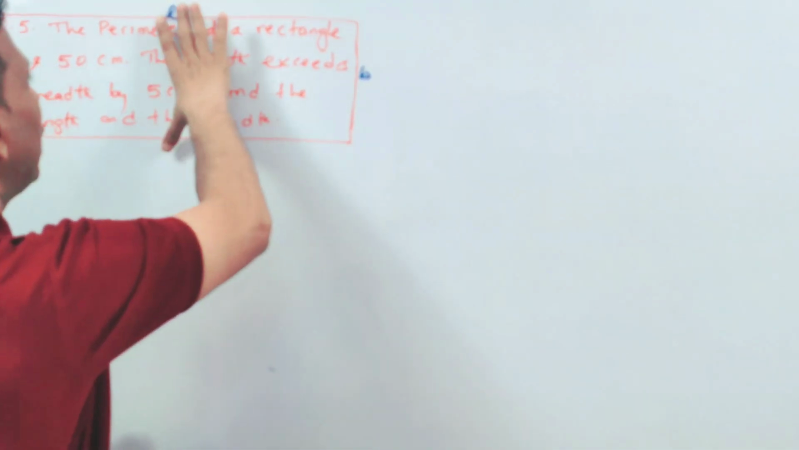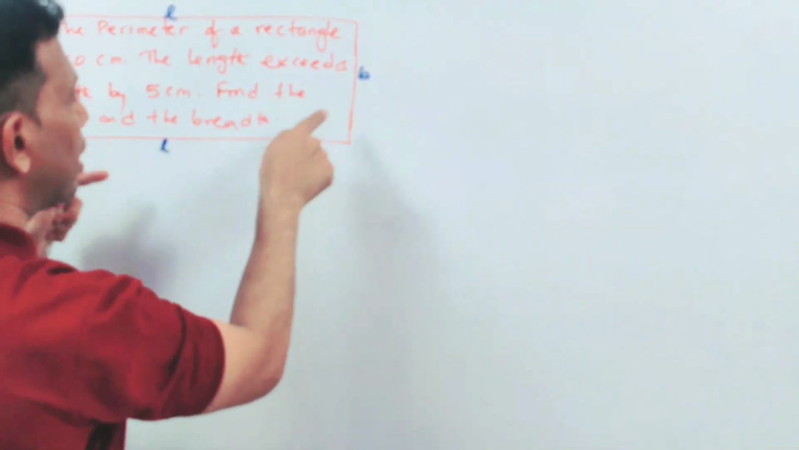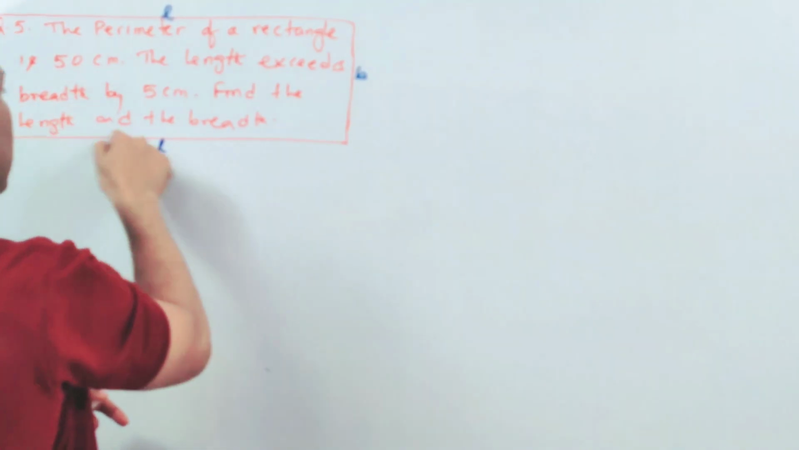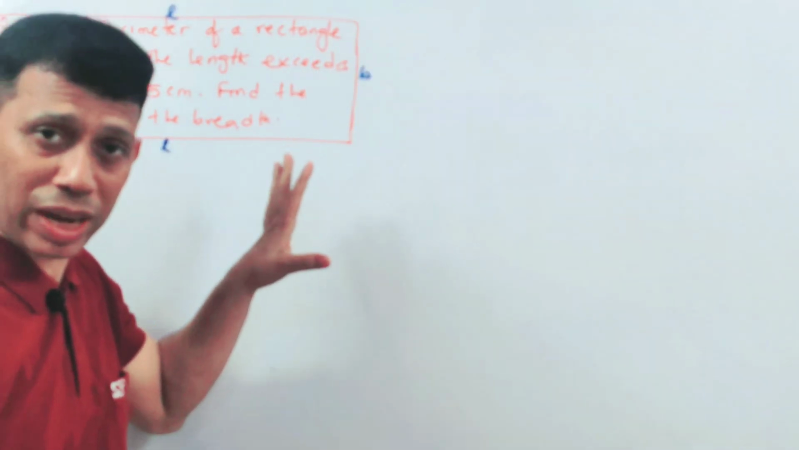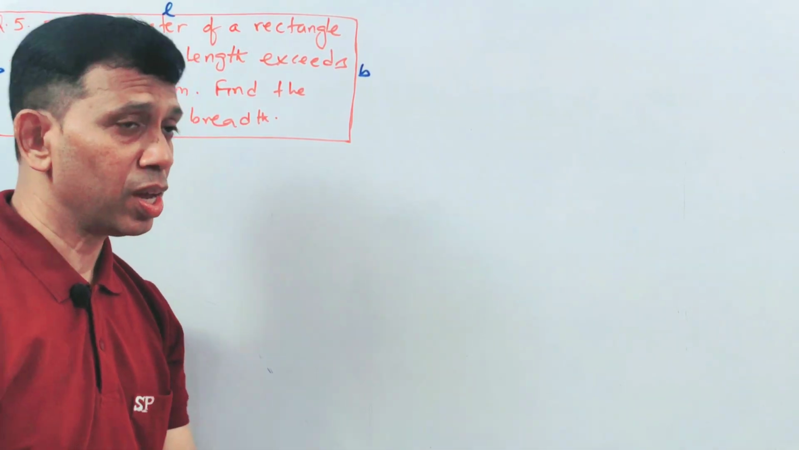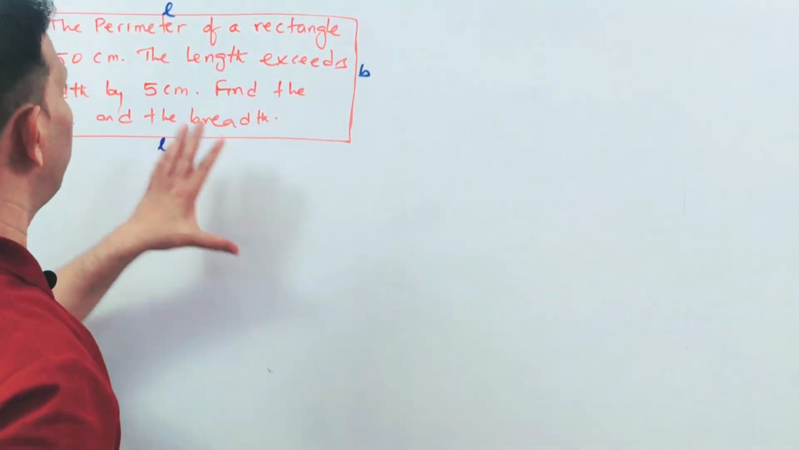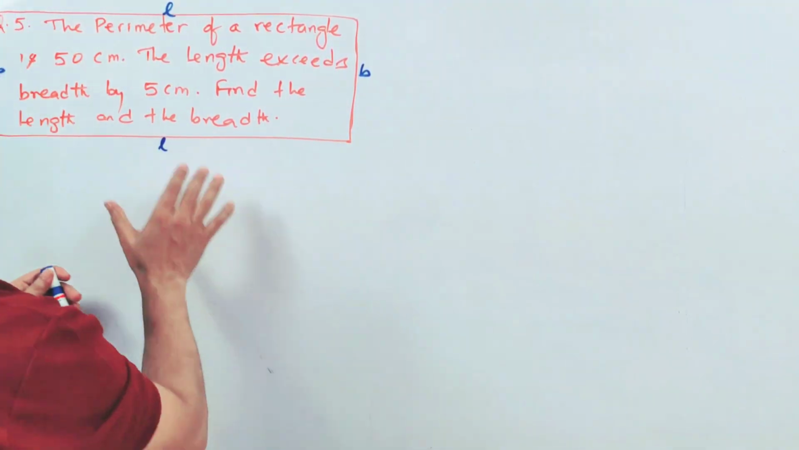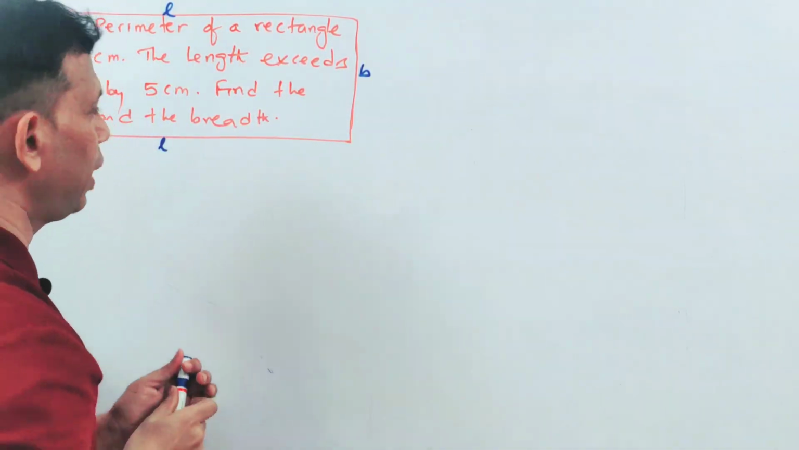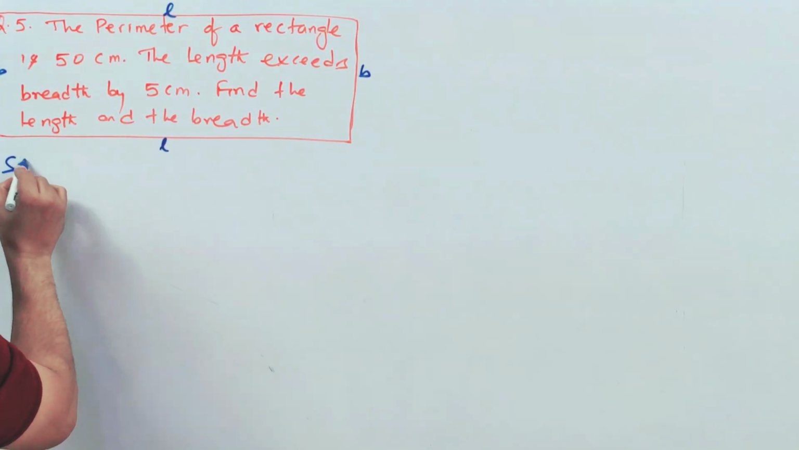If you add, how many lengths are there? 2 lengths are there and 2 breadths are there. Perimeter means this circular circumference, right? But in case of a rectangle, we don't say it's circumference. In case of a circle, we say it. But here the perimeter is 2 into length plus breadth is equal to this one. It is given, right? So now the solution, if we start,